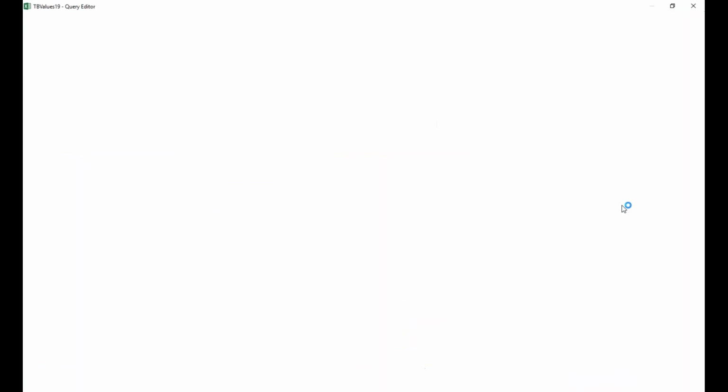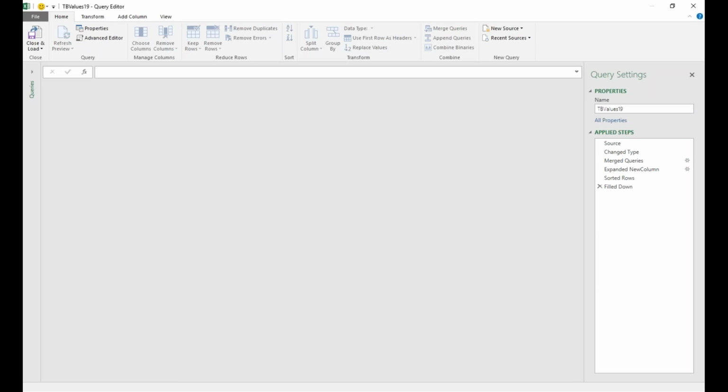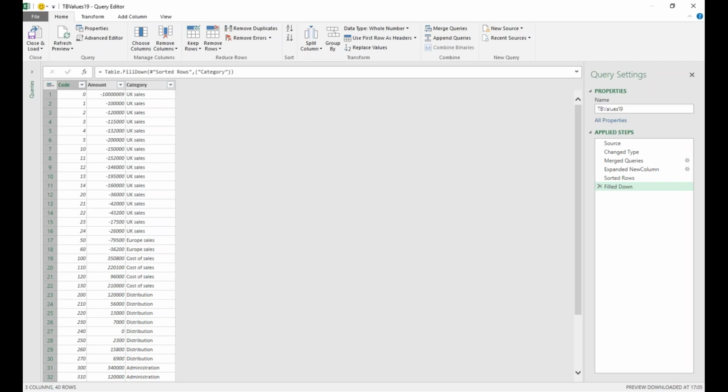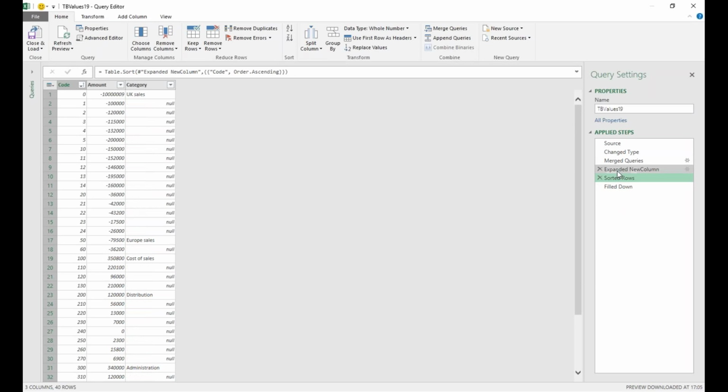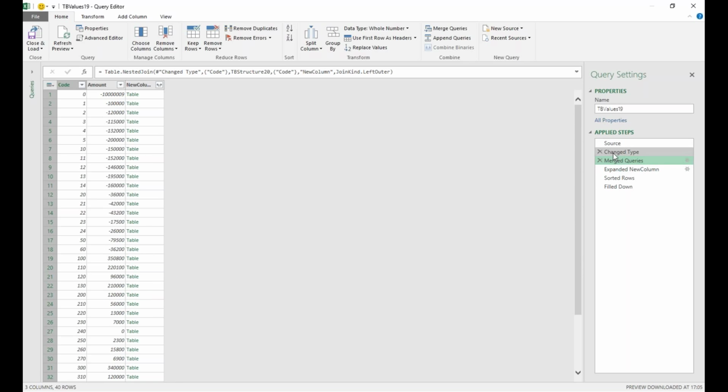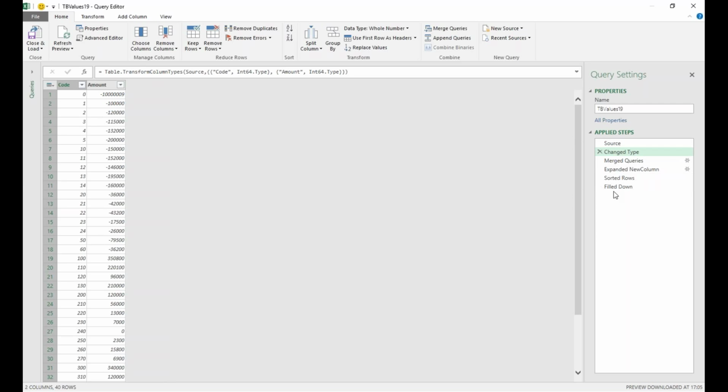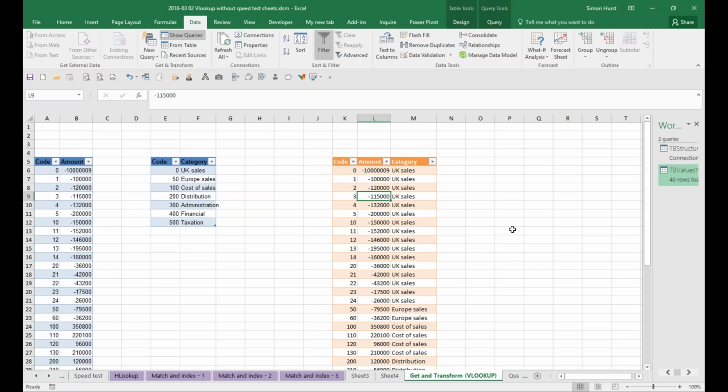If we edit our query, if you wanted to check what the query is doing, rather than having to check 1,000 individual formulae to make sure that they're all right, you can just go back through the steps of your query and check each step in turn to make sure that it's working as you intend. So that's using Get and Transform Power Query as an alternative to VLOOKUP,